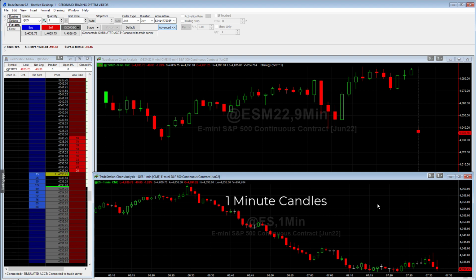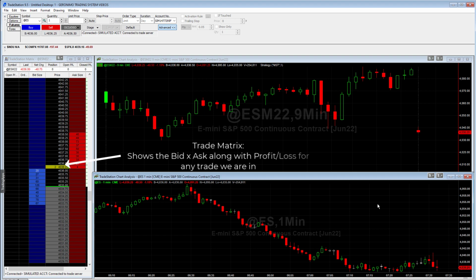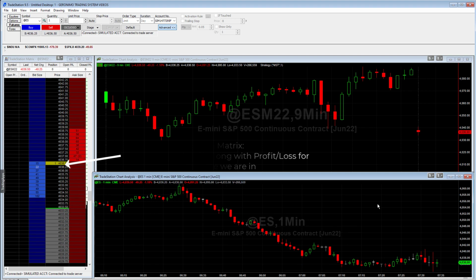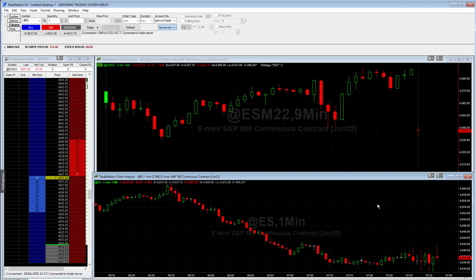Now the matrix on the left is called the trade matrix. It's something that TradeStation offers, and it just shows the bid ask of the S&P. And once we get into a trade, you'll see the trade populate and the profit and loss show up as well. So now I'm just going to speed up the time on the video so that you can see the trade occur